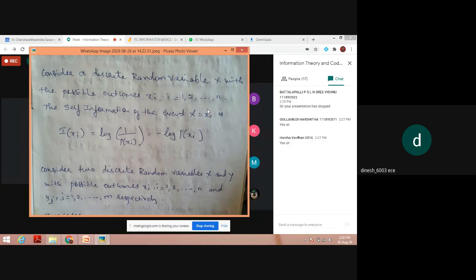So the information for this can be easily calculated as information of xi, which is my symbol, equal to log of 1 divided by probability of xi, or I can write it as minus log of probability of xi. So this is in the case of a single variable, only a single variable x is present. So in the next,